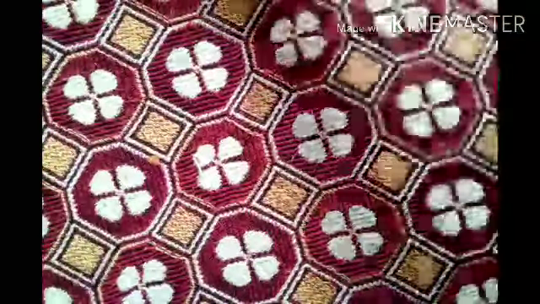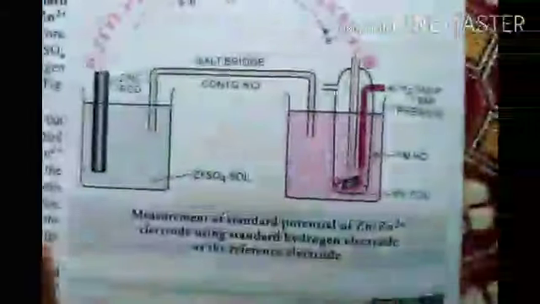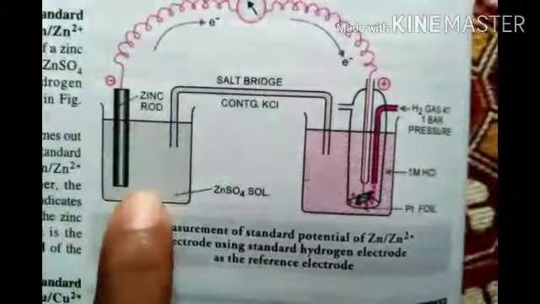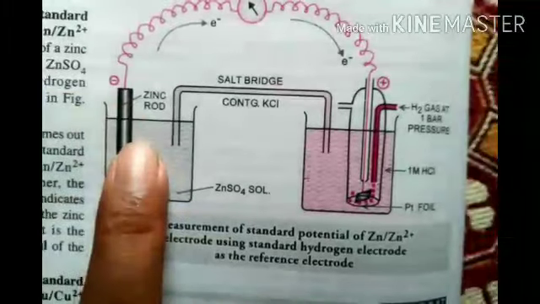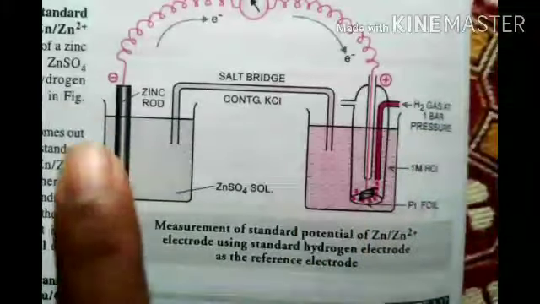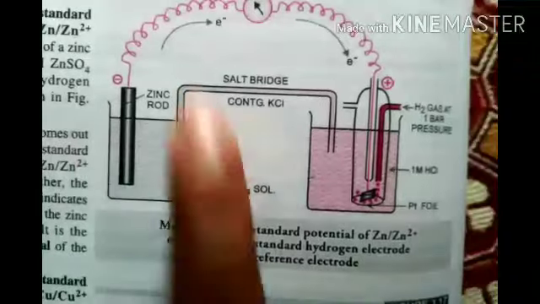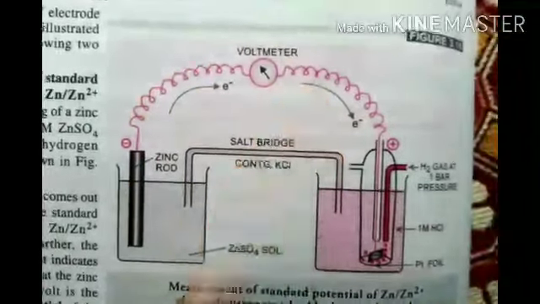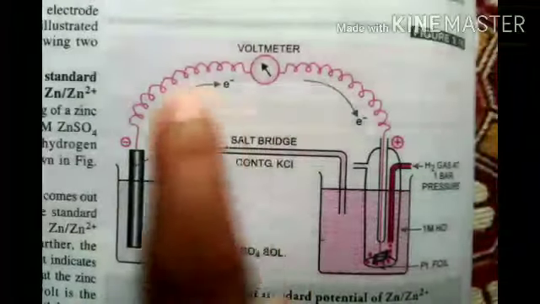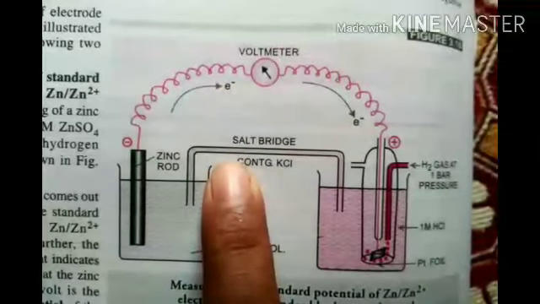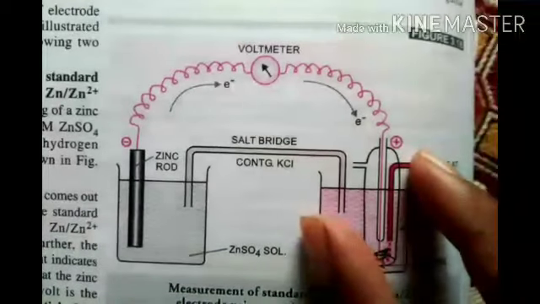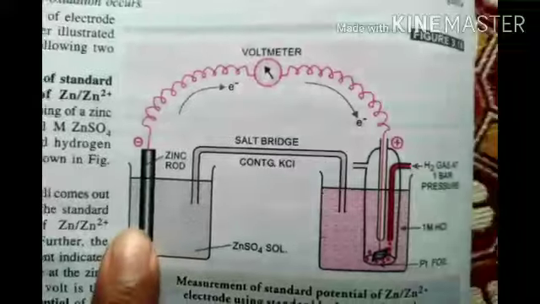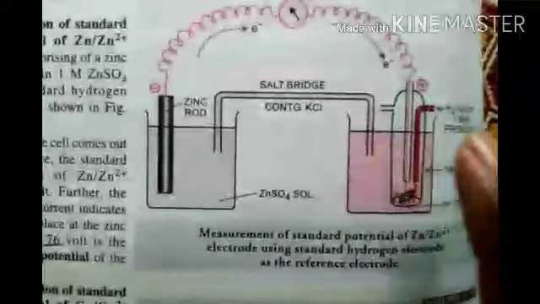Now I will show you with the diagram. First diagram, look here. See, this is the first diagram. Zinc rod we are keeping same as it is. So this is the left one, this is the right one. On the left, zinc rod, zinc sulfate solution, salt bridge, everything as usual we are keeping. Next, this place changing to this side. Left side, zinc we are taking. Right side, SHE we are taking.